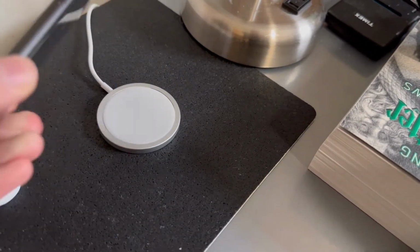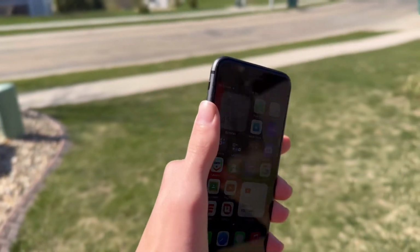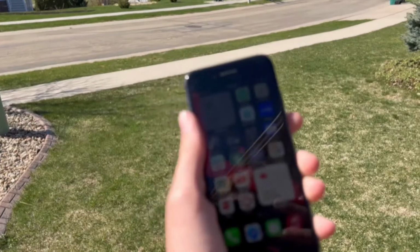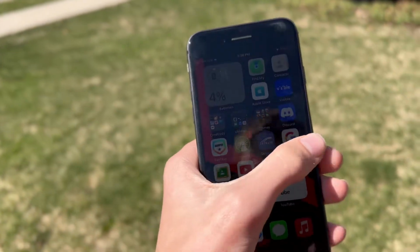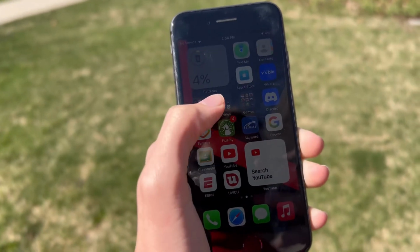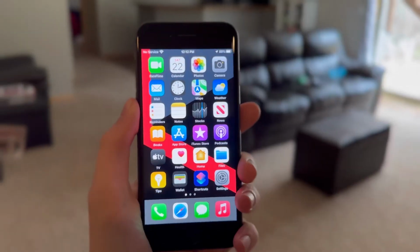As far as the screen, it's rocking a 4.7-inch Retina display that has a max brightness. That should be useful for most cases, but feels a bit low outdoors, so you might have trouble seeing the screen in direct sunlight. As with this classic design, you still get the capacitive home button with the well-loved Touch